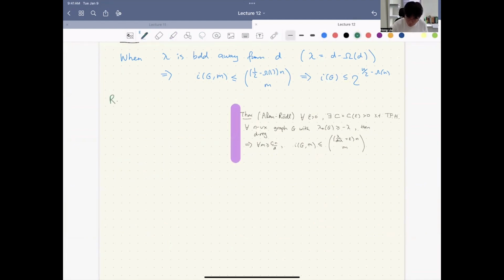So, the first remark: the constant λ over d plus λ is optimal. This is because we have Hoffman's theorem. Let me remind you of Hoffman's theorem. If you don't know it, just take it for granted. Hoffman's bound says, if you have a d-regular n-vertex graph G,